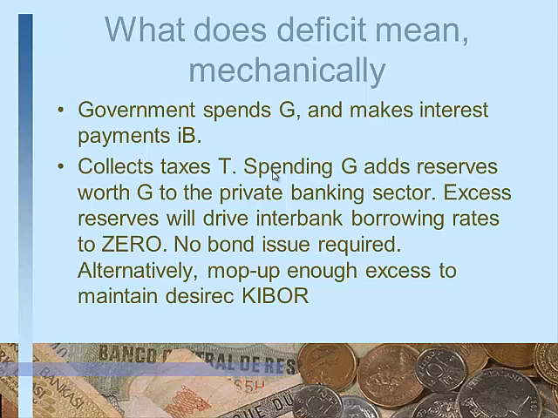So let's just go through what actually happens when the government spends, because these are the mechanical details. So basically the government writes that this is my budget, I'm going to allocate this much money to this, and then it spends, it makes payments, it collects taxes. When it spends money, this money is credited to the accounts of the private banking sector. Now the private banking sector gets reserves because the government has spent money.